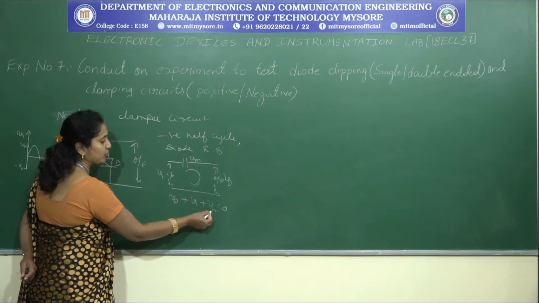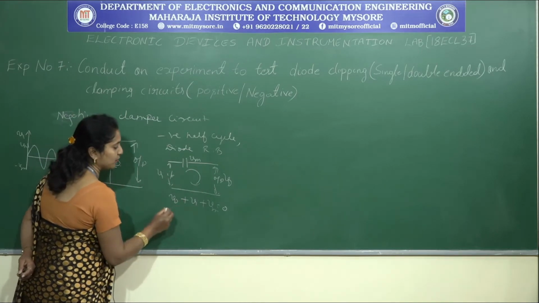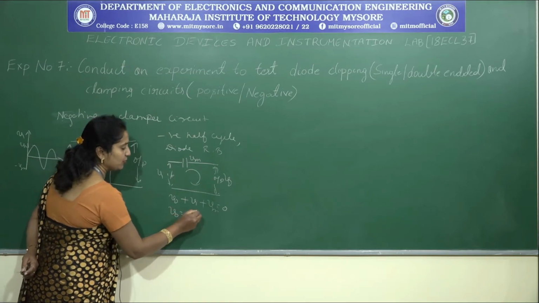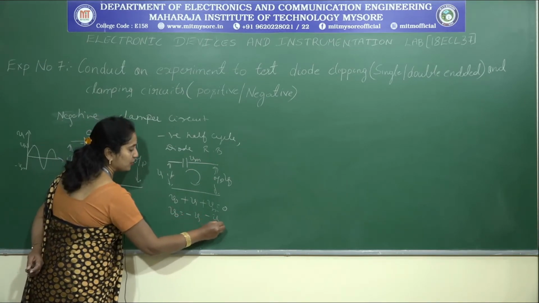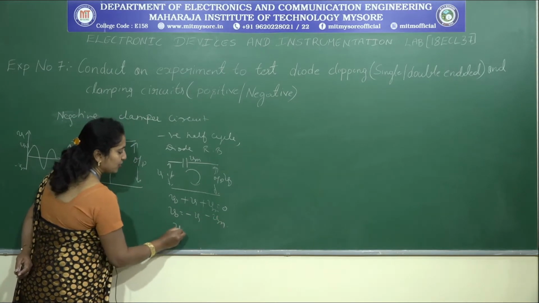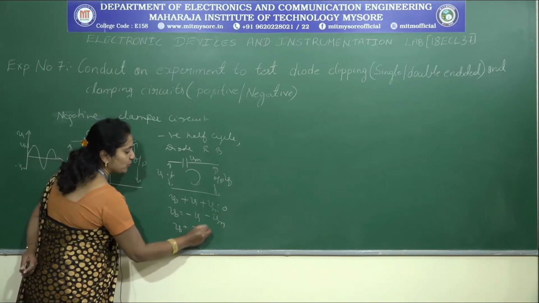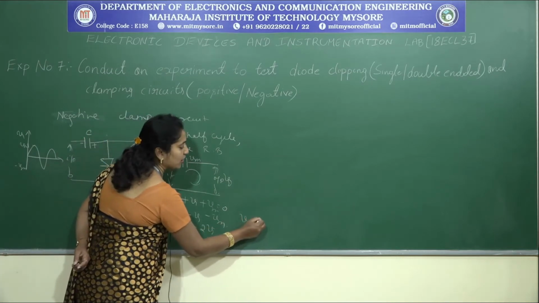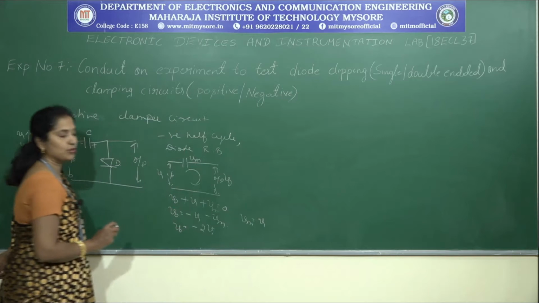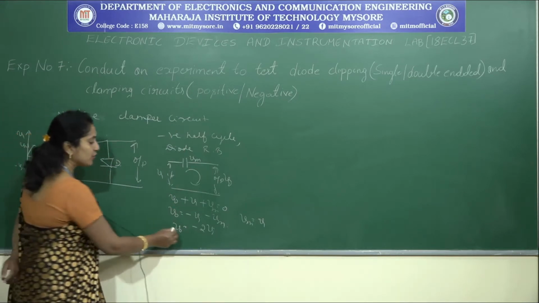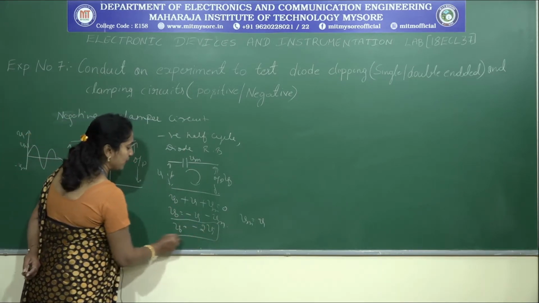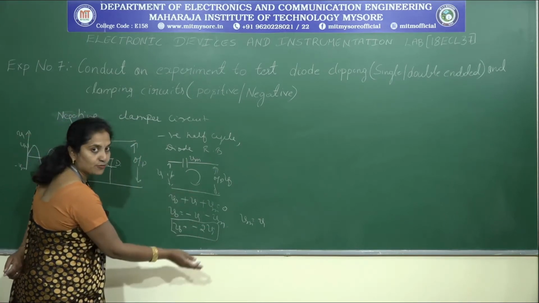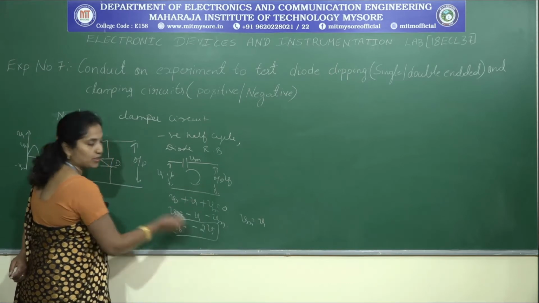So the capacitor value will be Vm, with Vi and V0 as I have taken. Now V0 is equal to minus Vi minus Vm. So V0 is equal to minus 2 Vi, because Vm is going to charge up to Vi. So Vm is equal to Vi, you have to consider. So V0 will be equivalent to minus 2 Vi, which means in negative clamping it is going to shift negatively 2 times.